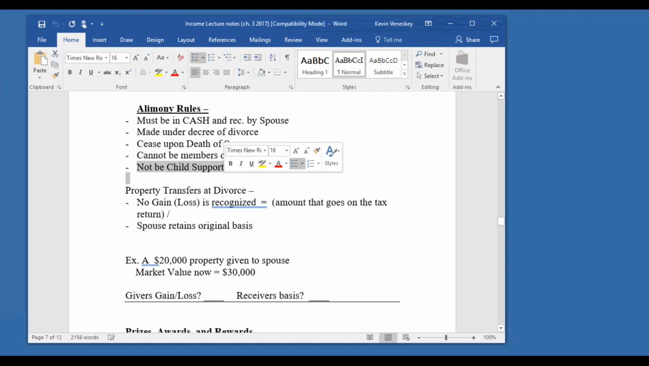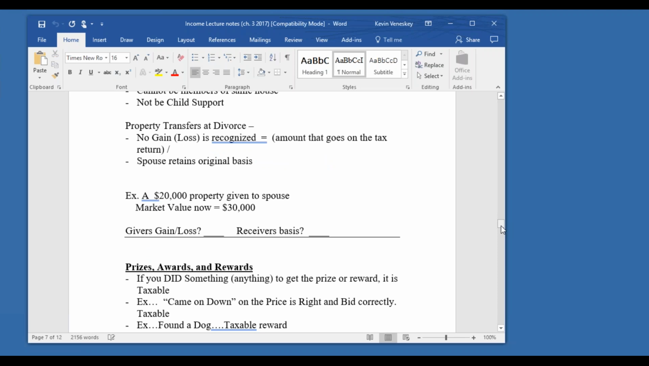And the other biggie here, it can't be considered child support. Now, what if in a divorce decree, one of the spouses gets the car, one of the spouses gets the house? The person who gets the item keeps the original basis. We're going to talk a lot more about basis in the second half of the semester, but suffice to say, if a $20,000 piece of property was divvied up and one of the spouses got it, and they turned around and sold it the next day for $20,000, they wouldn't have any gain or loss to report. However, if they sell it, say, 5 years from now, and they get $30,000, they would have a gain in that situation of $10,000